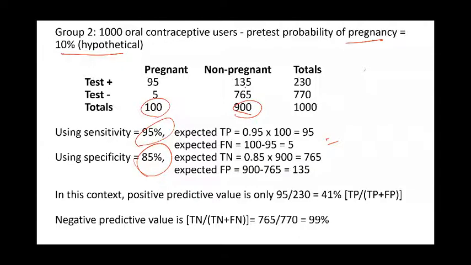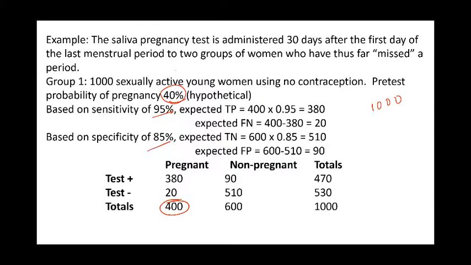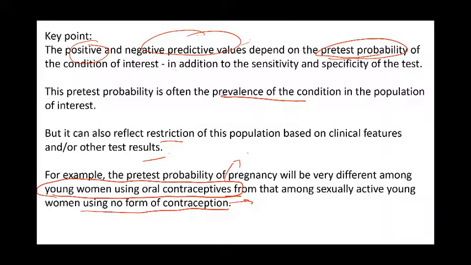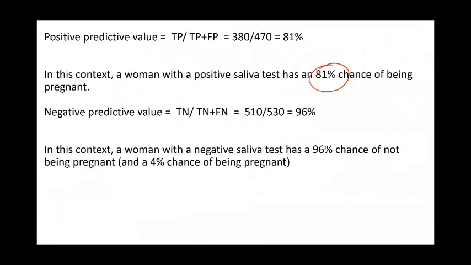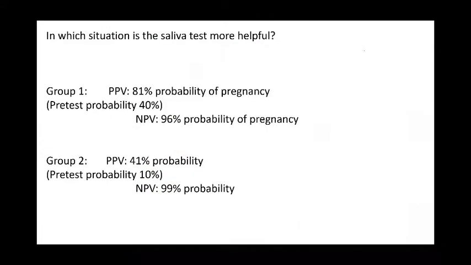So here we see an association that positive predictive value changes with pretest probability. Like I've said here, if the pretest probability is higher in a population, then positive predictive value increases. So unlike sensitivity and specificity, which are constant for a test, positive and negative predictive values vary according to the population in which the test is being performed. So ideally, we would want a pretest probability to be between 10 and 40%, because there is huge variation between this and this.